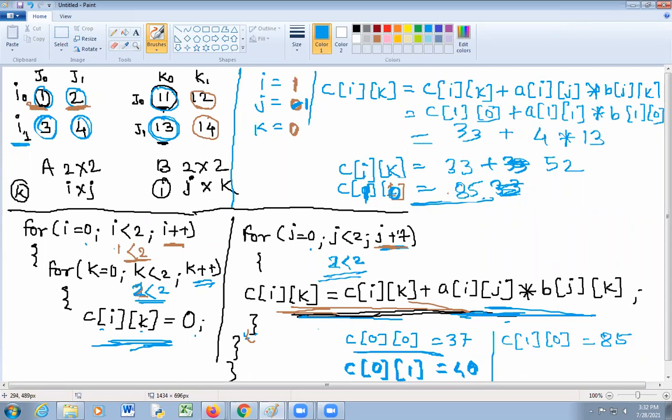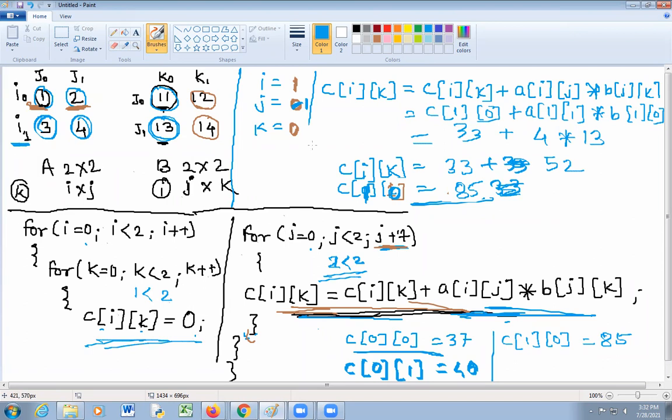Initial value of K is equal to 0. After incrementing, it will become 1. So here 1 is less than 2. So C of ik is equal to 0.